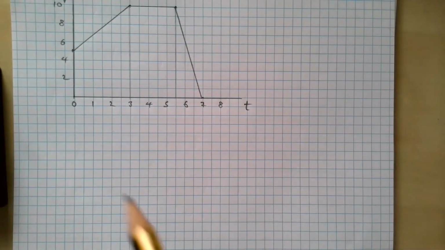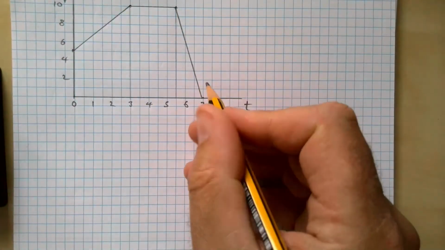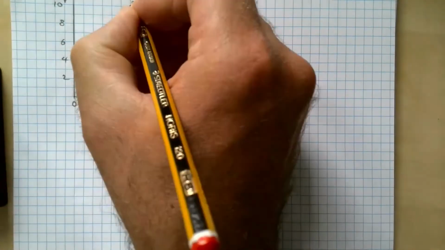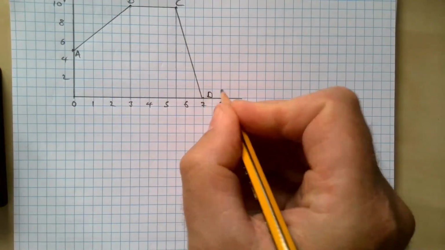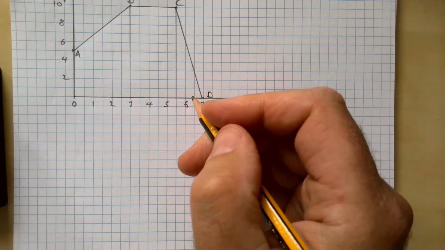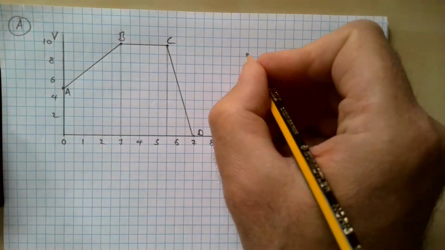I'd like to know what's happening between here and here, between here and here, and between here and here. So I'm going to call this the point A, and the point B, the point C, then the point D, and have a wee think then about what's going on. Alright, so first of all then, between A and B,